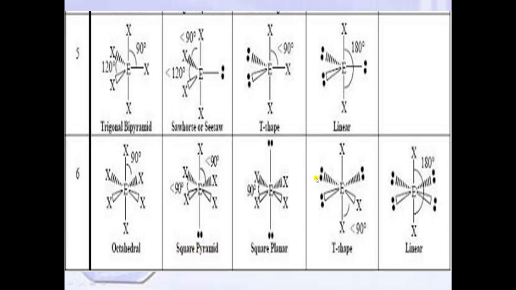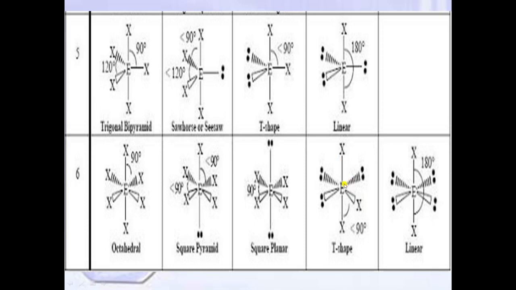Now next one is when two lone pairs are present. When two lone pairs are present, you will keep these two lone pairs on the axial bonds, one here and the second one here, and the name of this shape is square planar. These four bonds will make a square planar shape. Next one, when three lone pairs are present, then you will keep these three lone pairs here, here and here. So these three are lone pairs, and this one and this one are bond pairs.